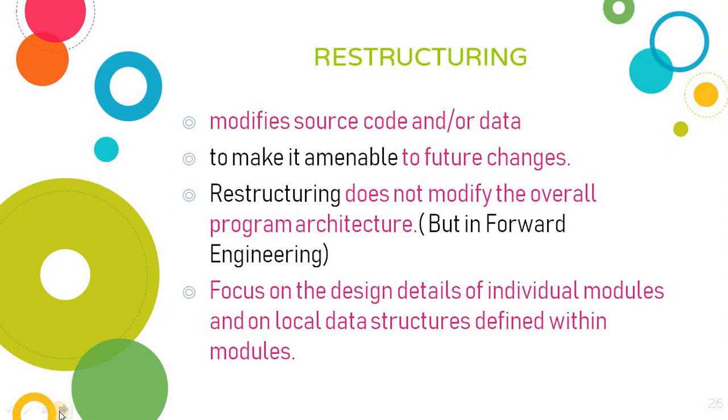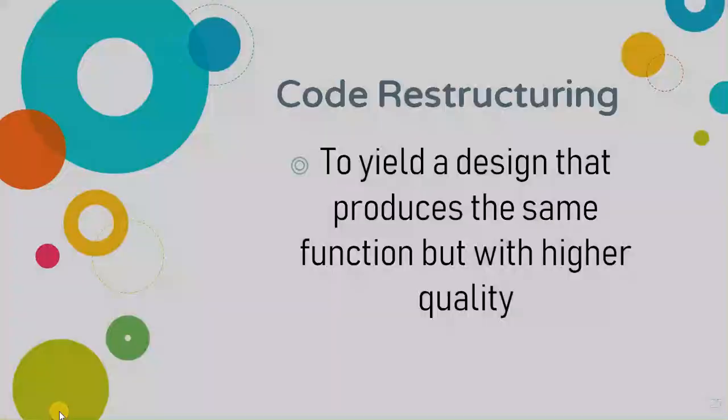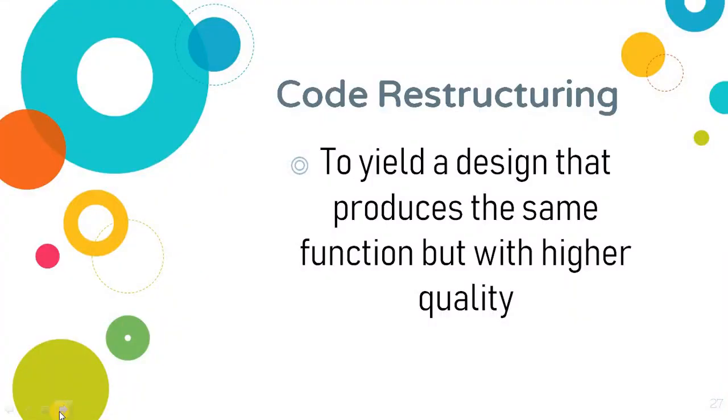And this restructuring process modifies the source code and data, and it doesn't modify the overall program structure, but the design of individual modules and the local data structure defined within the module. Here the focus is on these two. Code restructuring is to yield a design that produces the same function but with a higher quality. Here the main aim of restructuring is to redesign the concept and get some restructured code, restructured data